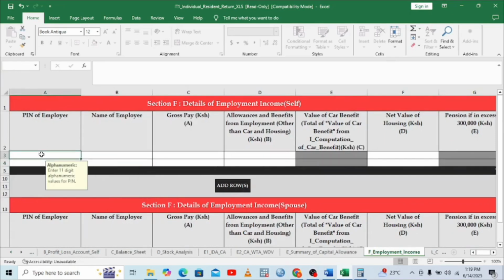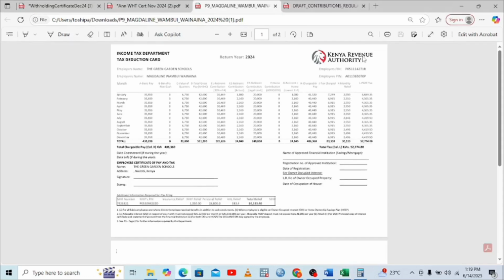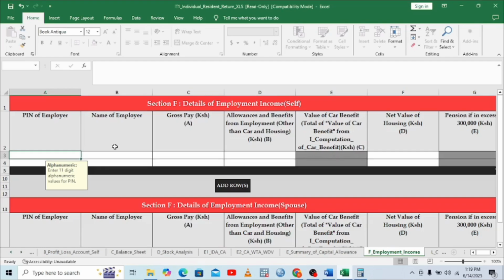So enter the PIN of your employer. The PIN of the employer is given under your P9 form, usually in the upper section, like mine is here. You can easily get it. So I need to enter it here in the Excel sheet. The PIN of the employer in my case is